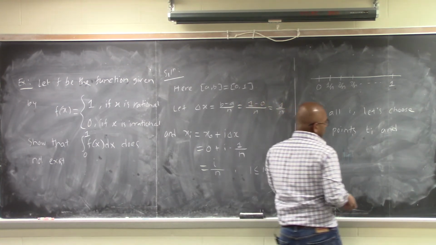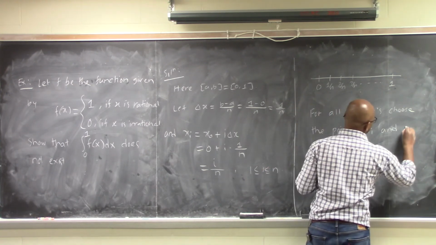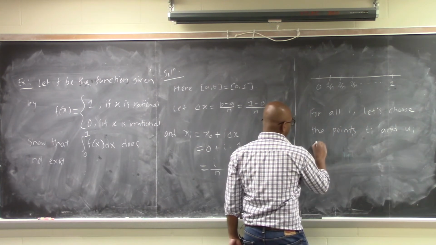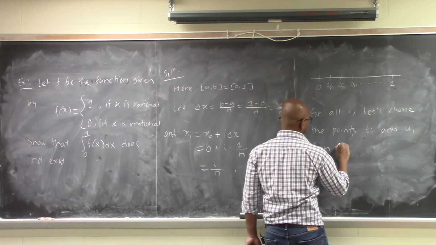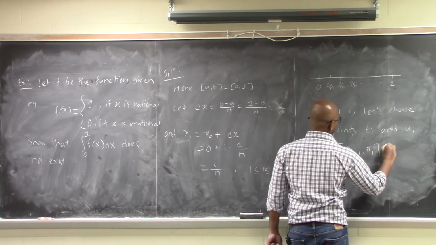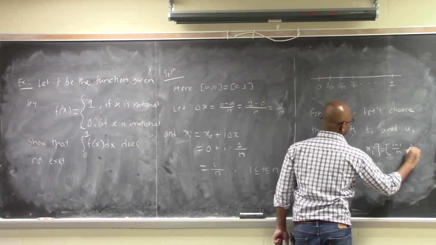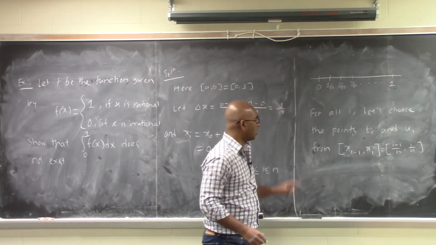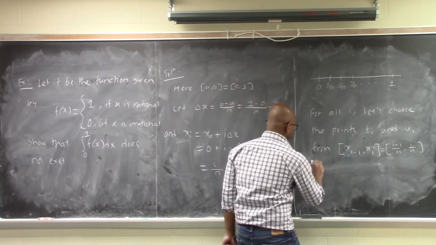So u_i. Okay, choose the points t_i and u_i from this interval, right? So what is the interval? x sub i minus 1 up to x sub i, which is, by the way, (i minus 1) over n to i over n. So these are the subintervals, right? From each of those subintervals, we choose 2 points, t_i and u_i, such that